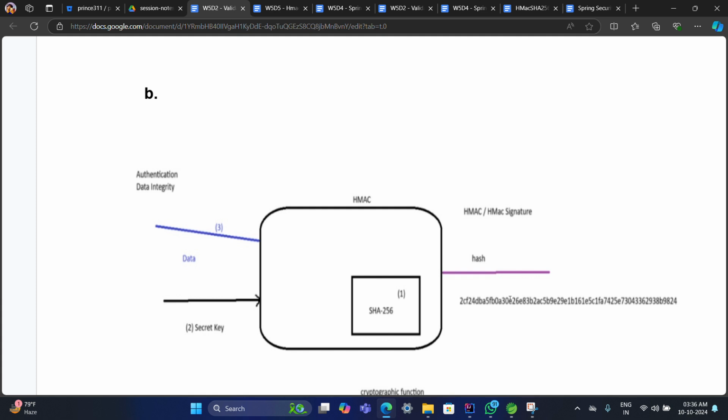Only the two parties are eligible to have that key, otherwise the key is compromised. So they generated the hash, we got the request, then we also generated the HMAC signature, that is the hash, and